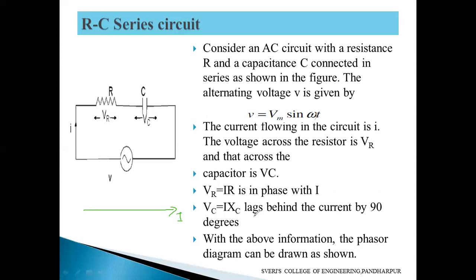Yes, sir. For this sentence only we will draw that one here now. Next VR we have to draw. VR, which is in phase with current. So I will draw the VR here now. I will write VR here. Yes, VR. Next, where the voltage drop across capacitance is there, which will lag or lead. VC we have to draw here now. VC lags behind the current by 90 degree.